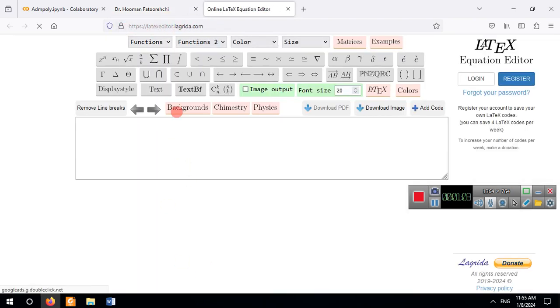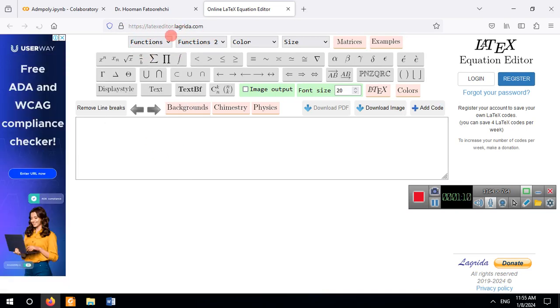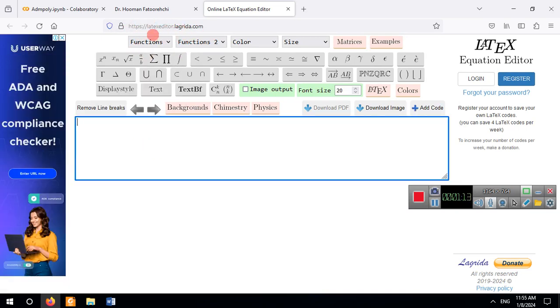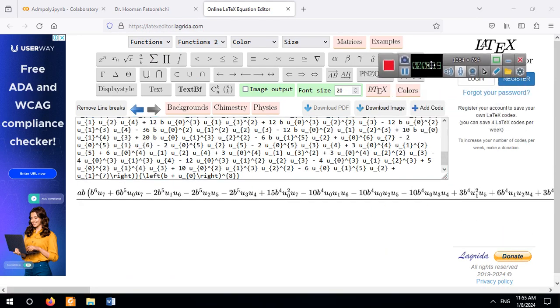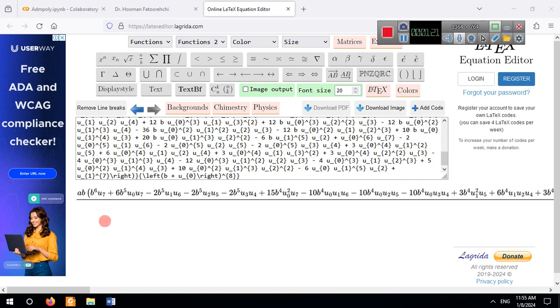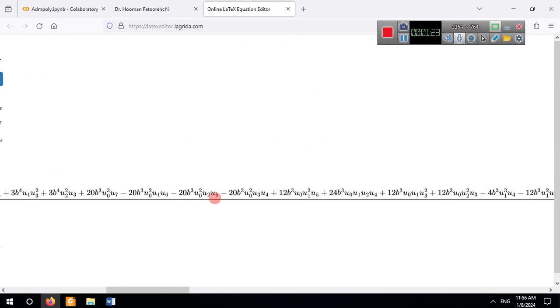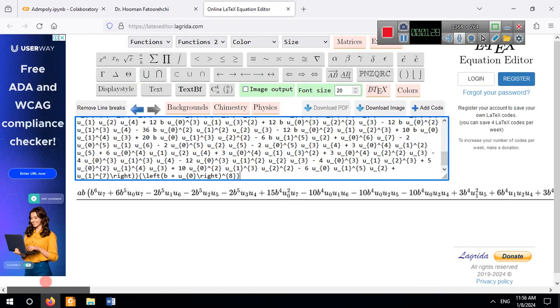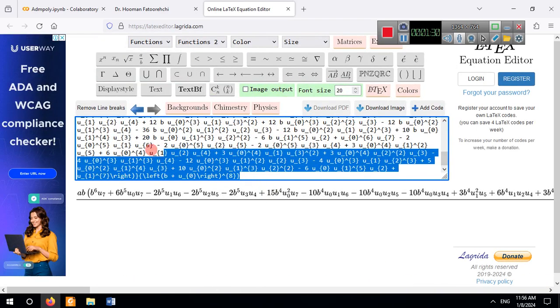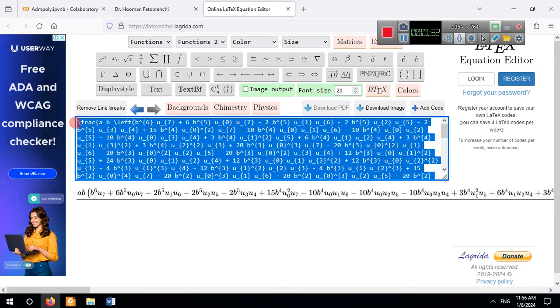This gets us to a new web page. This is a nice and easy LaTeX editor. We just paste it here, and you see this is our equation. It's a very long equation. And we are going to typeset it in